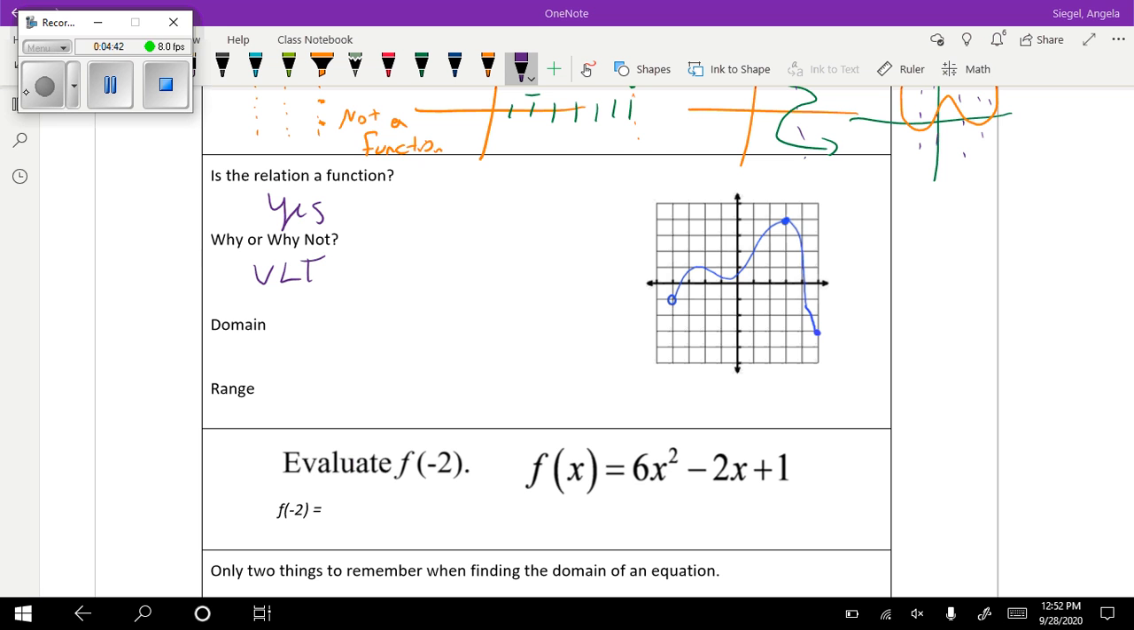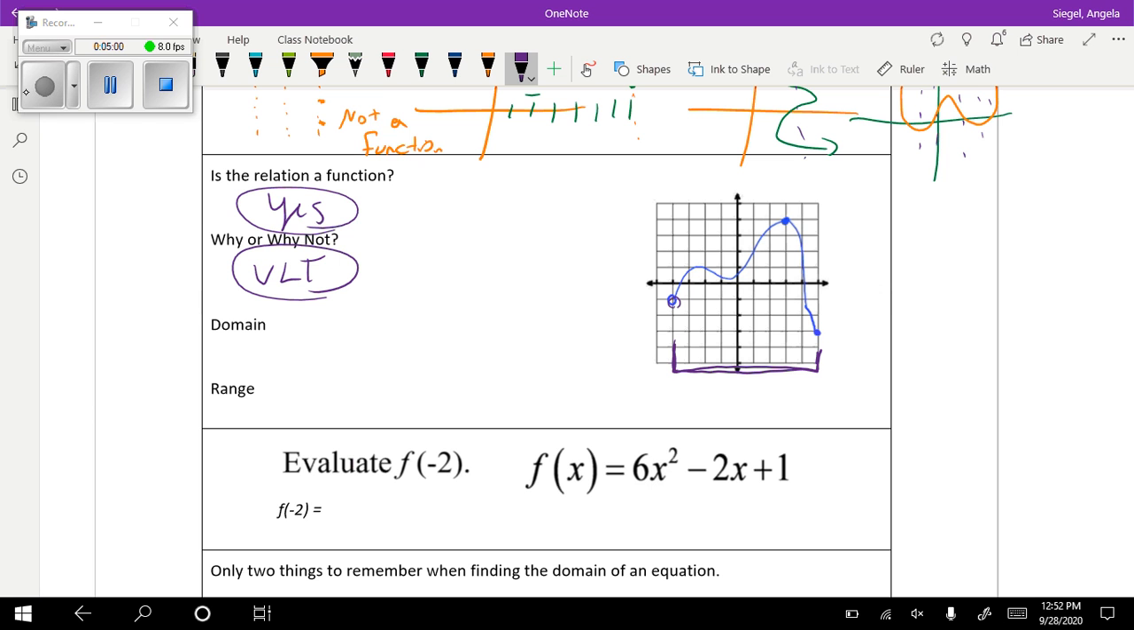So for this problem, it's pretty easy to see it's a function because it passes the vertical line test, but the domain and range are a little bit different. So I just wanted to kind of talk about that. So the domain is your x value. So where does it begin on your x values and where does it end on your x values? So right here,